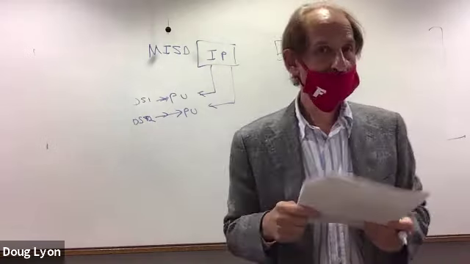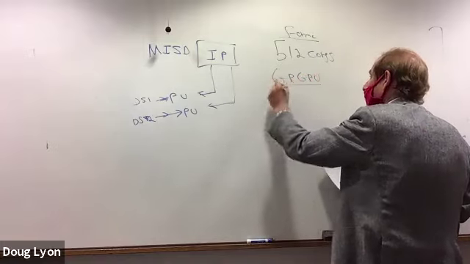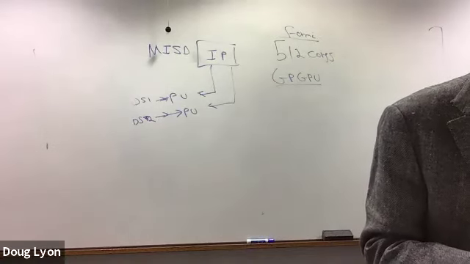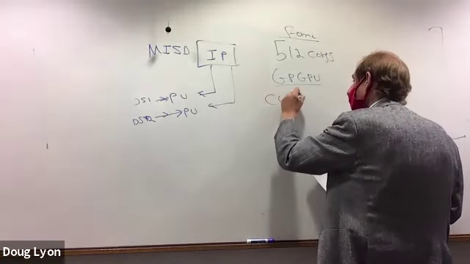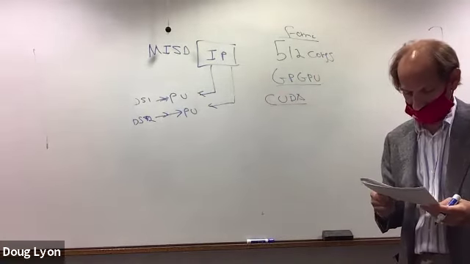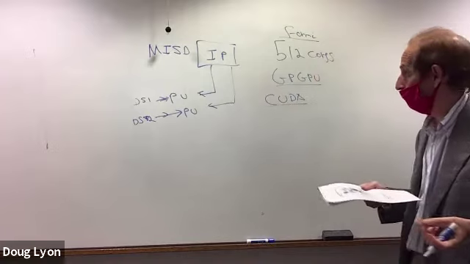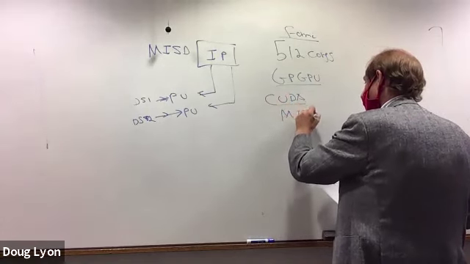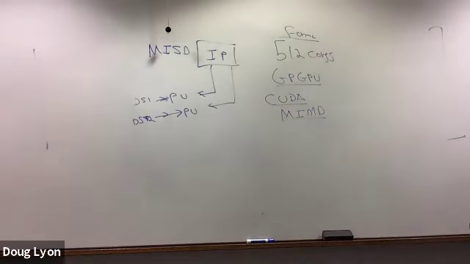And they call this a GPU, where GP is general purpose, graphics processing unit. And the GeForce 8800 has 512 CUDA cores. So that's CUDA, not the other one, which is tensor cores. This enables you to do multiple instructions with multiple data because you've got a lot of cores. They can all be working on different instructions at the same time, and the data can be distributed to the different cores too. So that is a great MIMD example. But you can also do a single instruction multiple data because each one of the CUDA